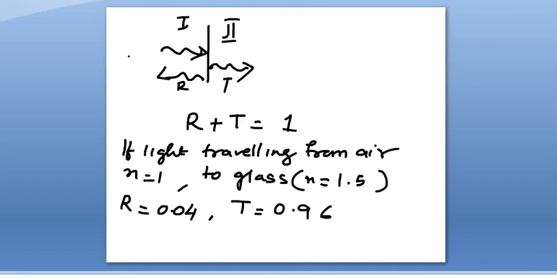Now this is quite evident because when light is traveling from air to glass, we know glass will transmit maximum light. 96% will be transmitted by glass and only 4% will be reflected by the glass, which goes well with our known knowledge and which we have proved also. That is, with n1 and n2, you can calculate the reflection and the transmission coefficient. Maybe the same thing you can do with different glass or different materials, keeping air fixed and the refractive index different, and you can get different values for R and T.